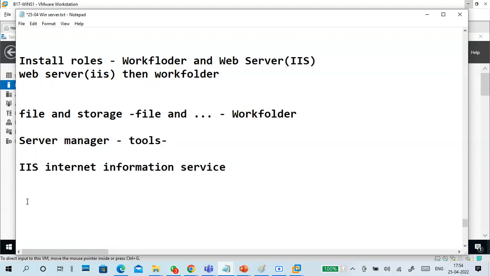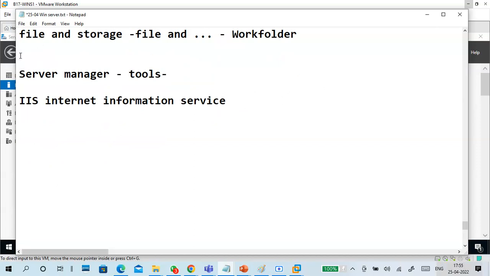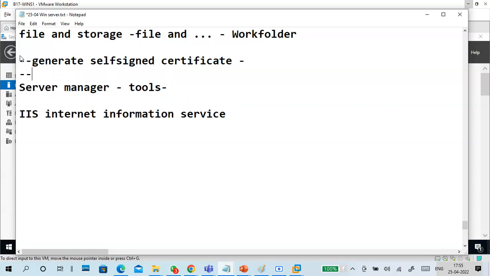tools. Find it. Okay, so first of all, you have to generate. It is the first step after installation. First step is generate self-signed certificate in IIS. Okay, and the second one is create HTTPS. So first of all, remove HTTP